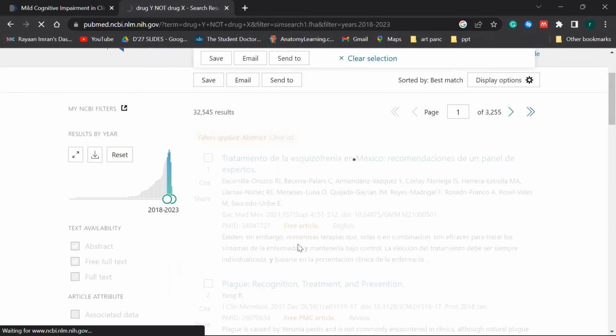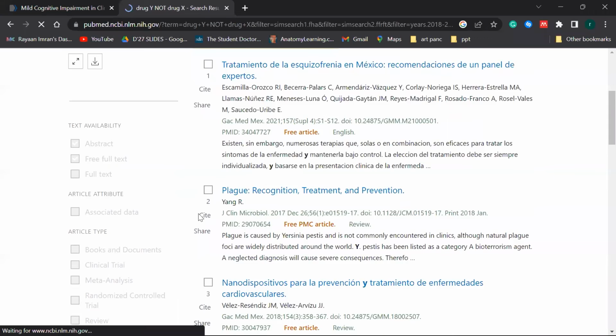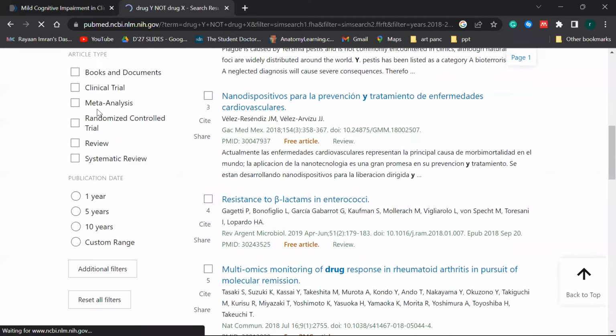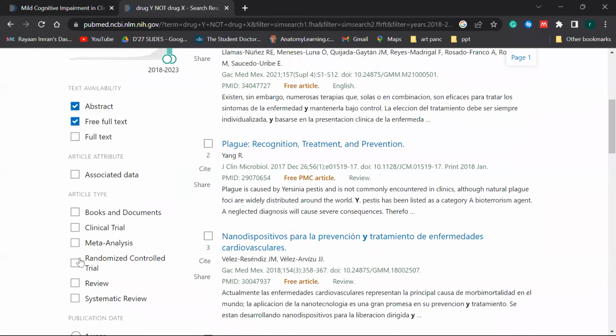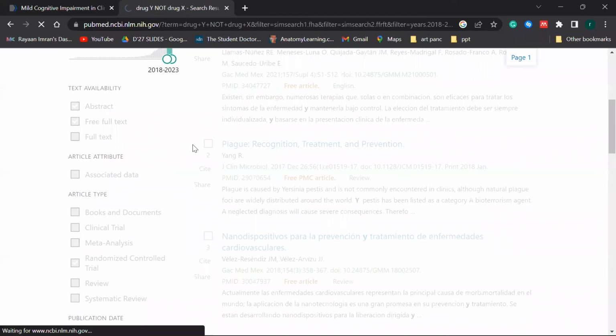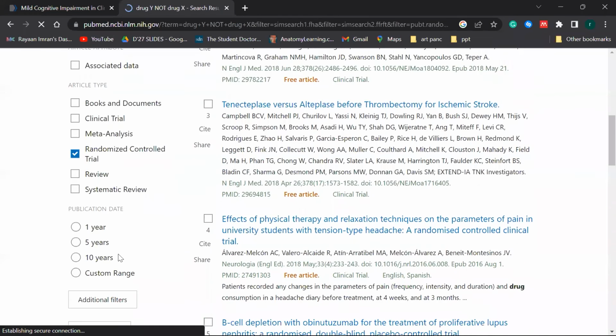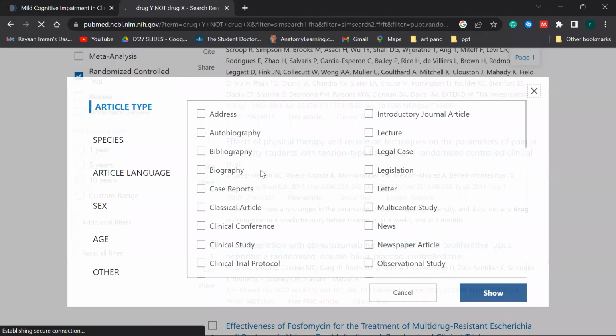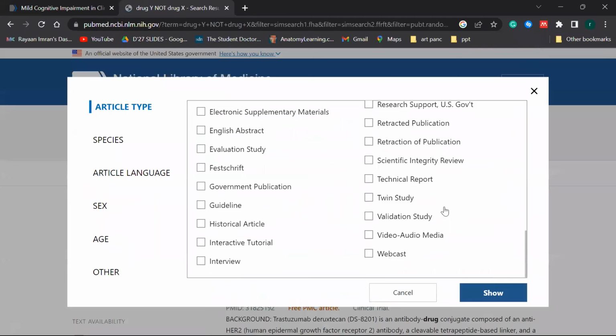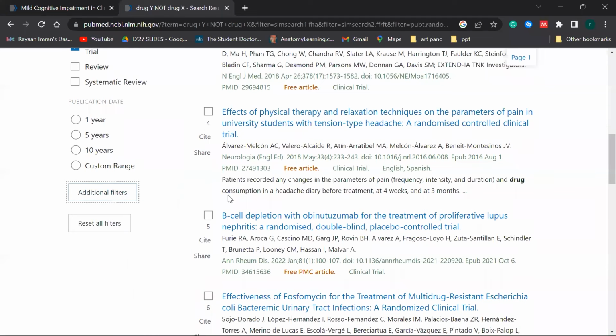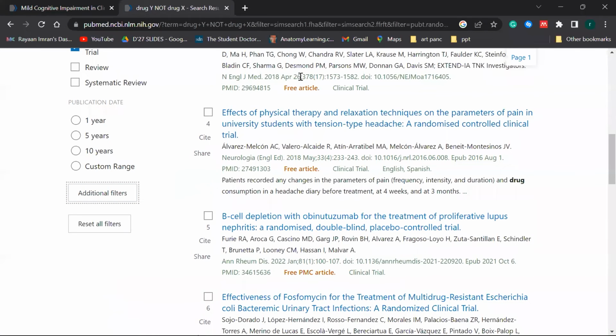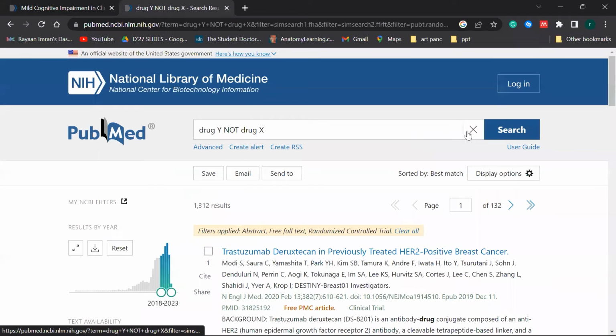You click this, open access ka aa gaya, further reduce ho gaya, and then you can obviously add more and more filters. That's if, let's say, you are trying to do a document and you want RCT, you click it, ye sab aa gaya. Additional filters are also there, theek hai, and yeah, that's pretty much it. So I would recommend exploring this, going to PubMed, exploring and trying it out. The more you practice on this, the more you'll get an idea of what it is about.